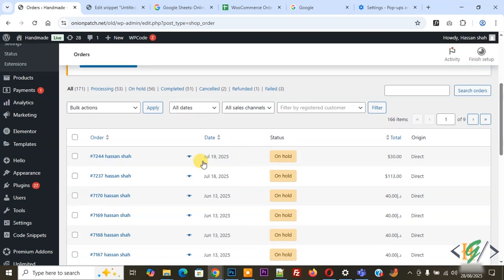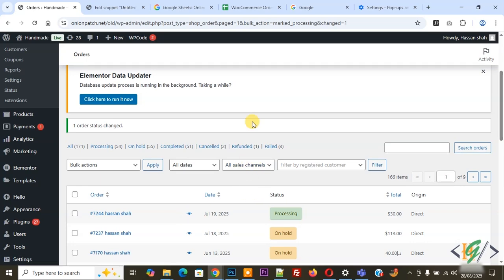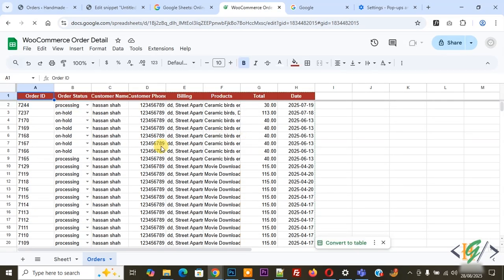If we change order status from here, now select, and then we are going to select processing and then click on apply. So this changes will affect on or auto apply on WooCommerce Google Sheet. Now you see order status processing. Now go to WooCommerce order sheet. Now you see order status processing,